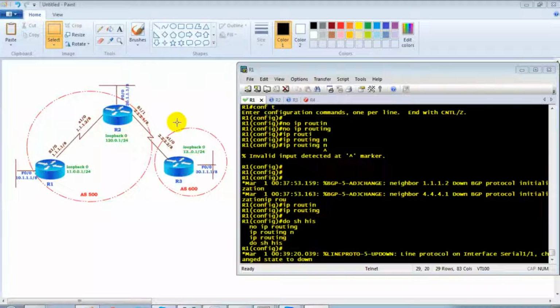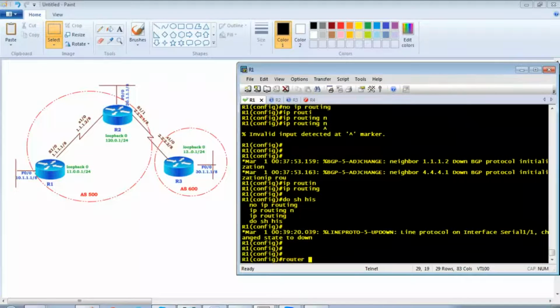The first thing I'll do is configure the default EBGP configurations. Router 1 and 2 have normal IBGP, and this is the EBGP configuration. I'm also using one loopback interface on router 1, router 2, and router 3 just for testing purposes, so that I can shut down the link and the link can come back again. Just for testing, I'm using the LAN and the loopback. So on the router